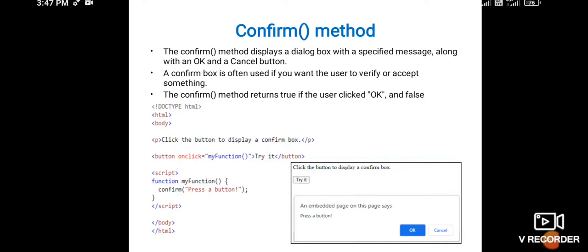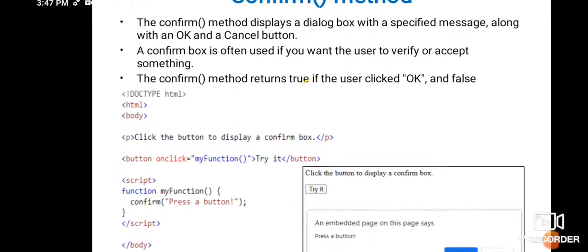These are the two boolean values, that is true and false. True is for OK, false is for cancel. The confirm method is also used to offer the user the choice of continuing some process. For example, you can see within this example,